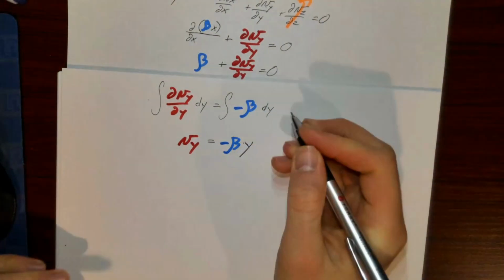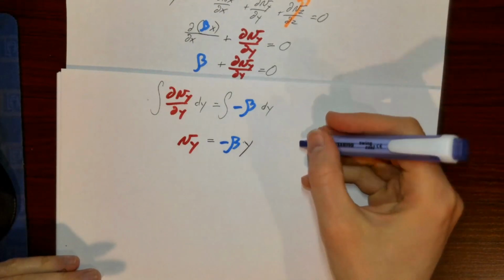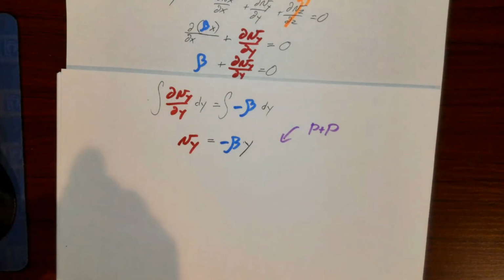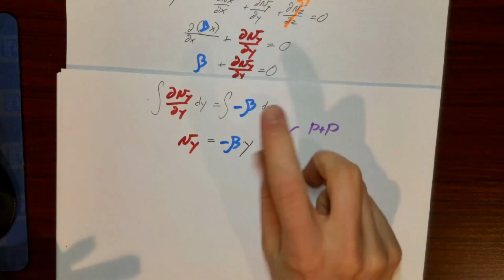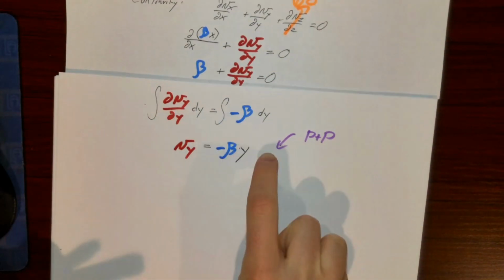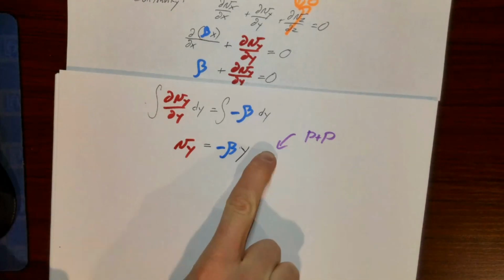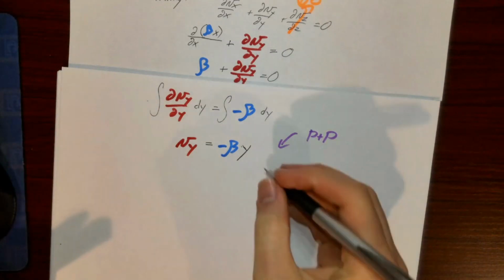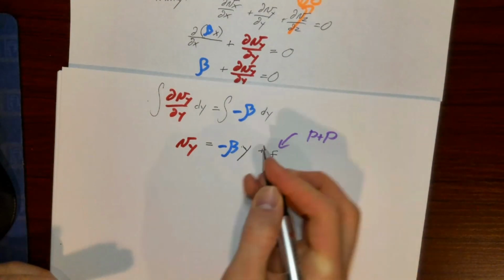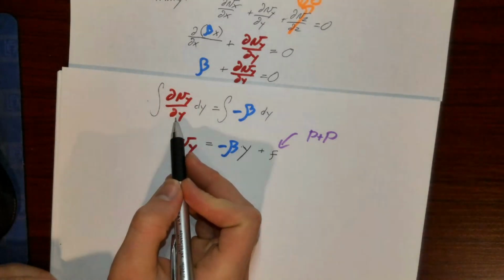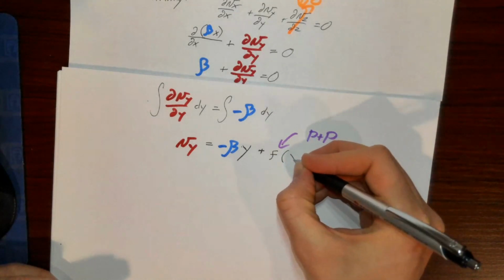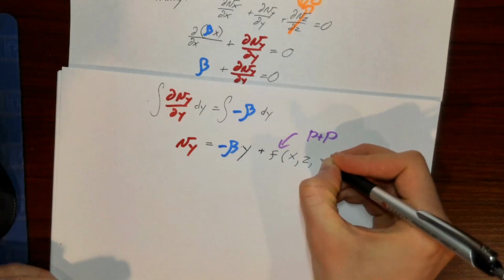So pause and ponder. Am I missing anything right here? What am I missing right here? Well, some of you might say, hey, if I have these indefinite integrals, do I get a plus c? And under some circumstances you would, but remember when we're integrating partial derivatives, it's not plus c, but rather plus some function of any other variable except for y. So in this case, it's plus a function of could be x, not y, but could be z or t